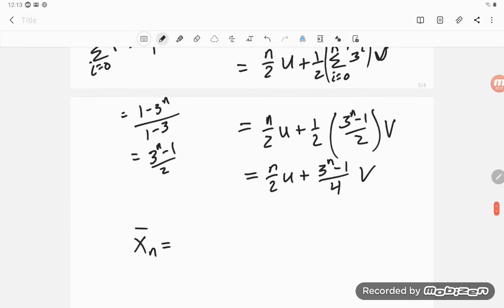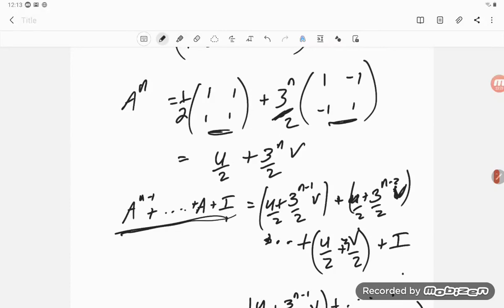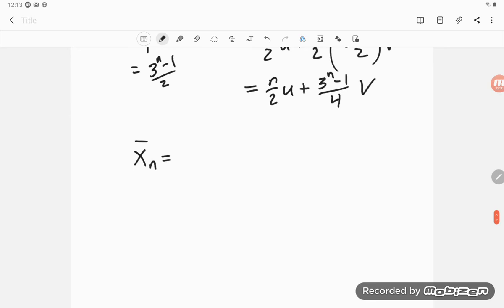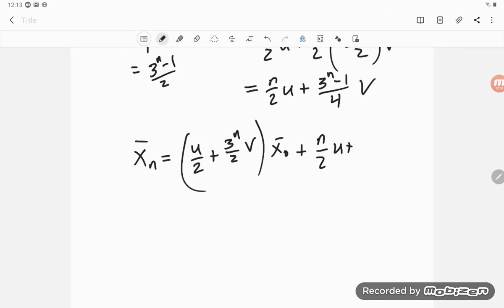Okay, so a to the n was that, so u over 2 plus 3 to the n over 2 times v. Okay, that was all times x0. And then plus our thing up here, n over 2 u plus 3 to the n minus 1 over 4 v, and that was all times our